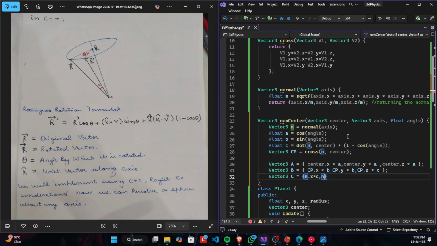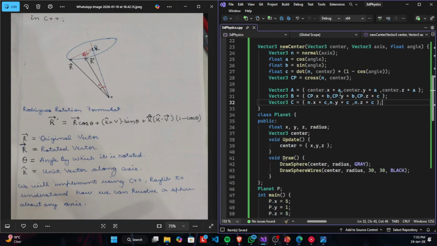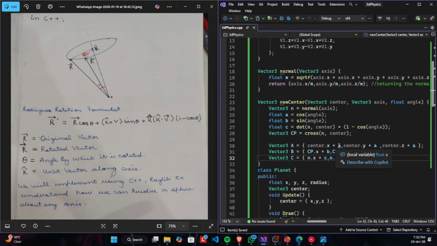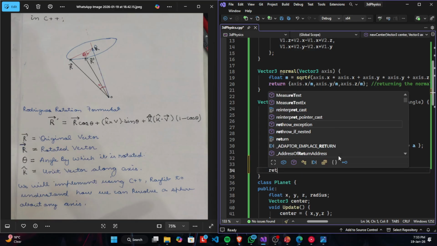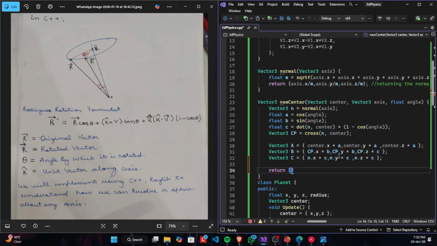and dot. Let's just copy and paste this thing only. Control plus c, control plus v, right? And just change their axis component and set. And here we did in a very professional way, and we just completed writing center. Now what it's going to return is going to be the sum of this thing. So let's just return what we want to return here,